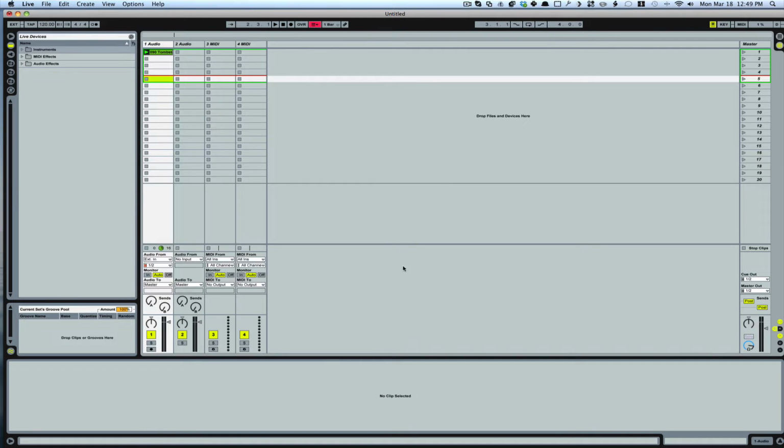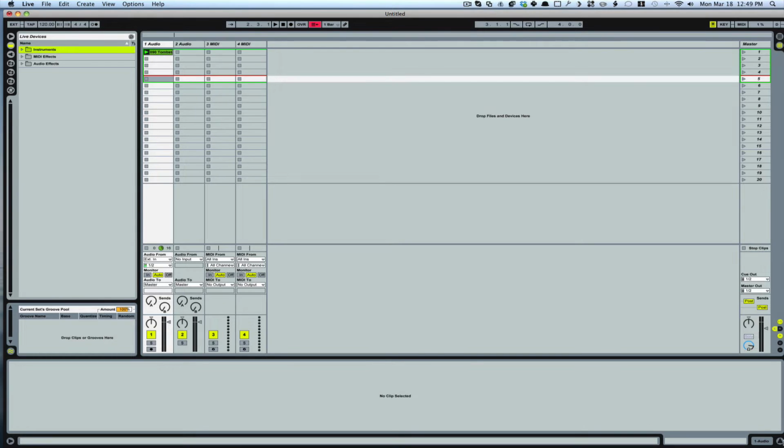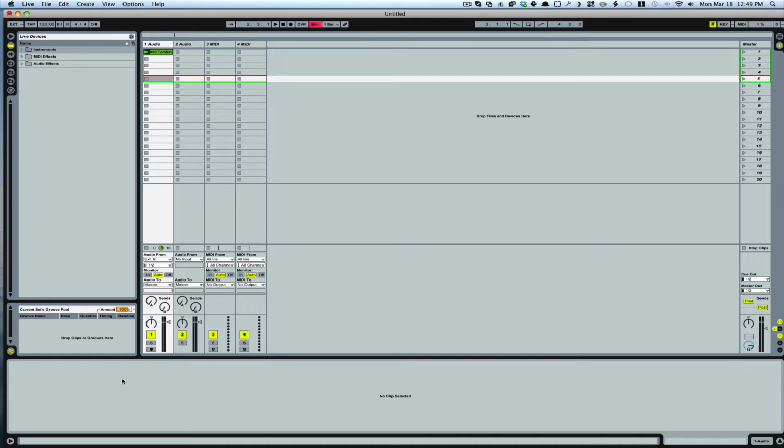Now, another great thing about Ableton that I really like is that there's no windows that jump out. Everything that you need is within this platform. So there's no windows that are going to be falling behind other windows. You've always got access to everything that Ableton has to offer. So the way Ableton works is it just allows you to hide parts with arrows. I can hide this window here. I can hide this groove pool here,